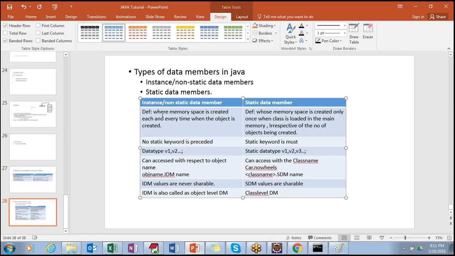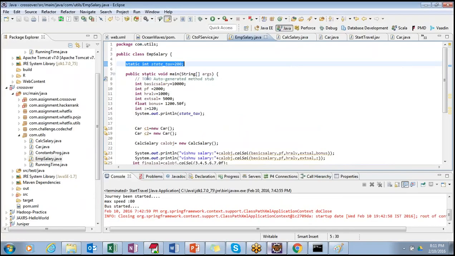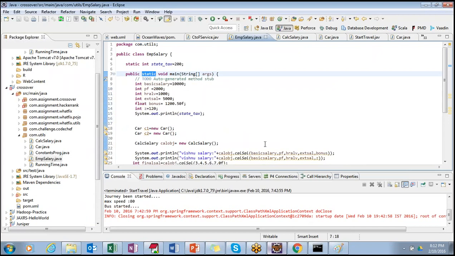Tomorrow we will take care of the method level, static at method level. Everything is the same. We use the static keyword before a method, as you see in public static void main. Here you use static, so it is also the same. I will tell you again why, no need to hurry now. That's all for today, Vishnu.